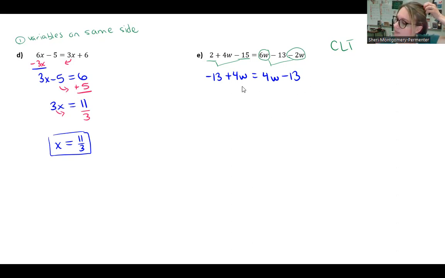Does anybody notice anything? Yeah, isn't it the same exact thing on both sides? So anytime that you are the same on both sides,